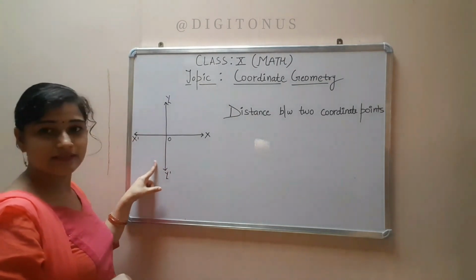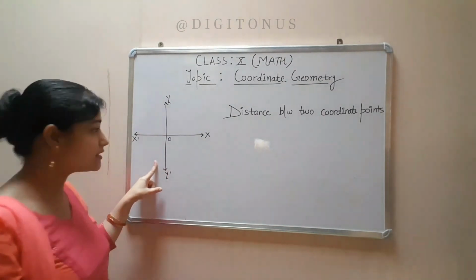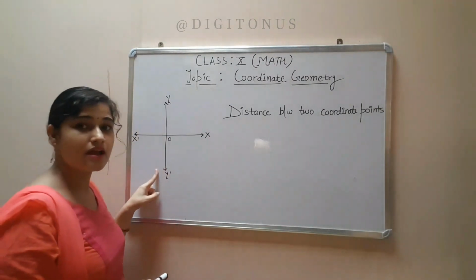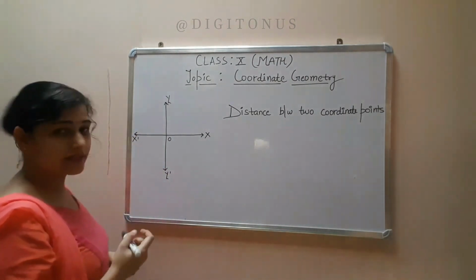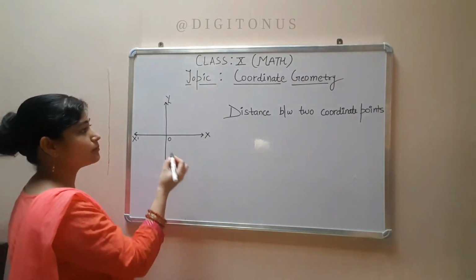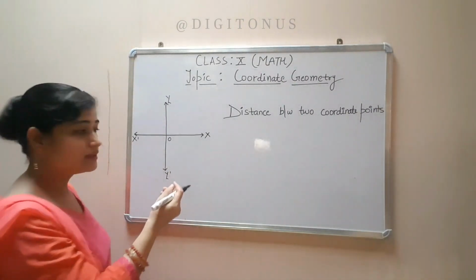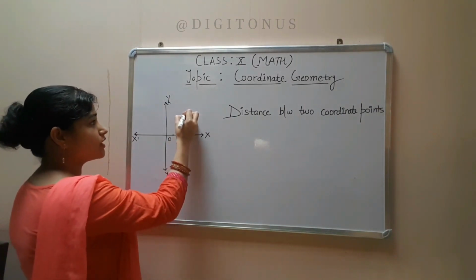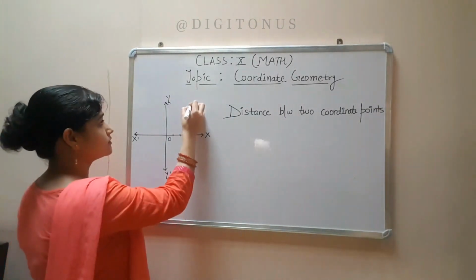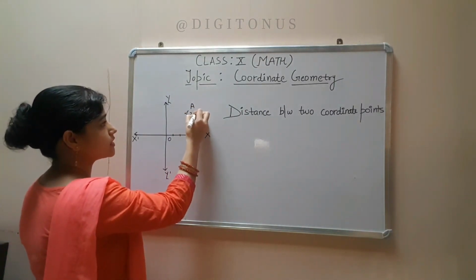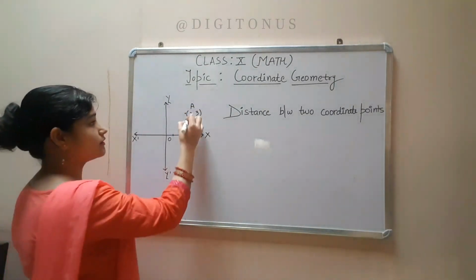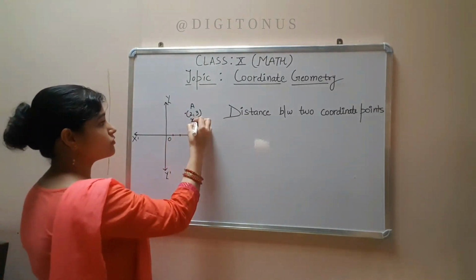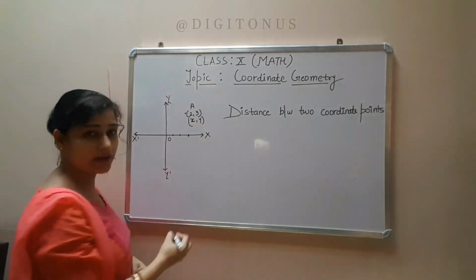These are the axes. I'm just recalling basics. The horizontal one is the x-axis, and the vertical one is the y-axis. And I think you know how to plot the points. The points are plotted according to the units 1, 2, 3 and the scale. So suppose one point you have plotted here. The coordinate point A is 2 and 3, or if we don't know the value of this coordinate point A, we can write x and y.